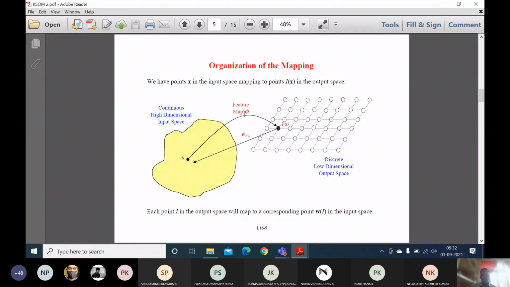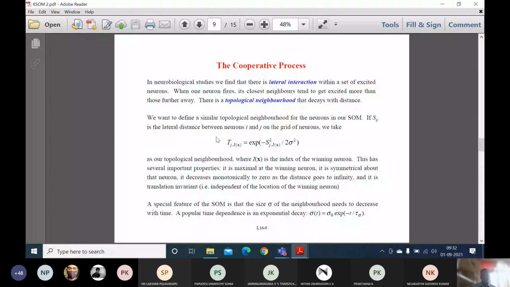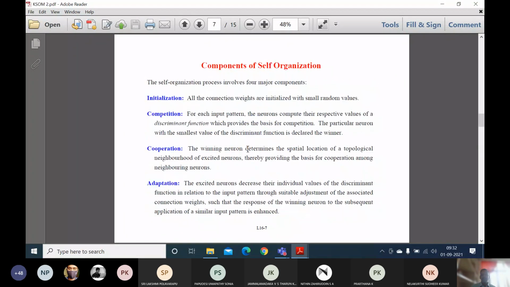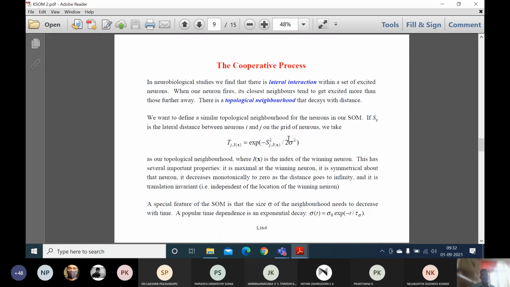So maybe consider this from one neuron to another neuron. That is nothing but Sij, the lateral distance from neuron i to neuron j on the grid of neurons. We take the topological neighborhood Tj,I(x). T is nothing but the topological neighborhood. So from i to j, that is Tj,I(x), which is given by this equation,